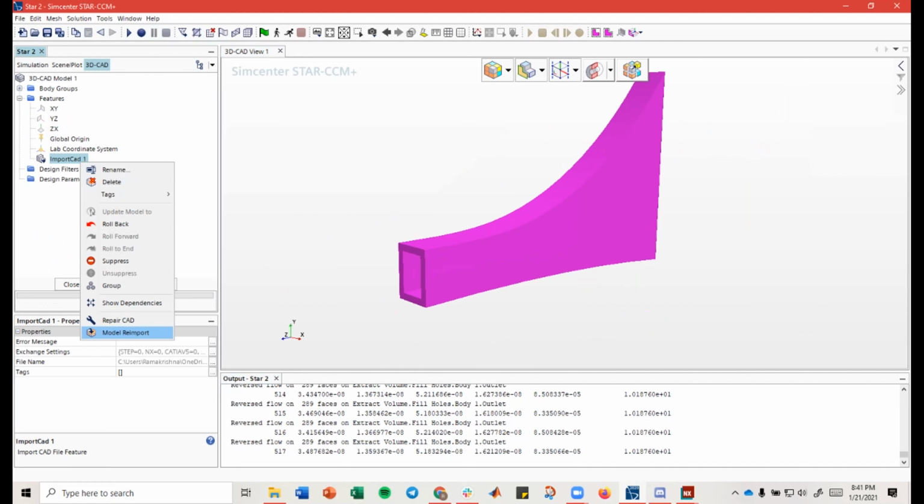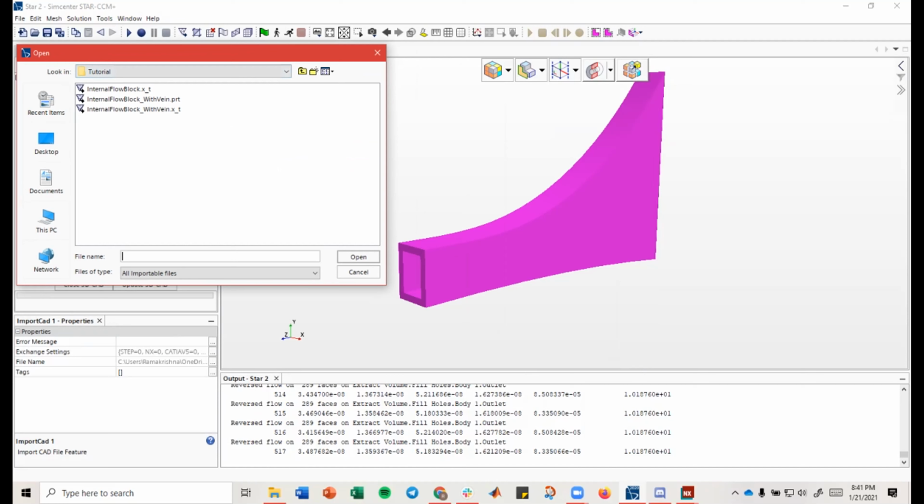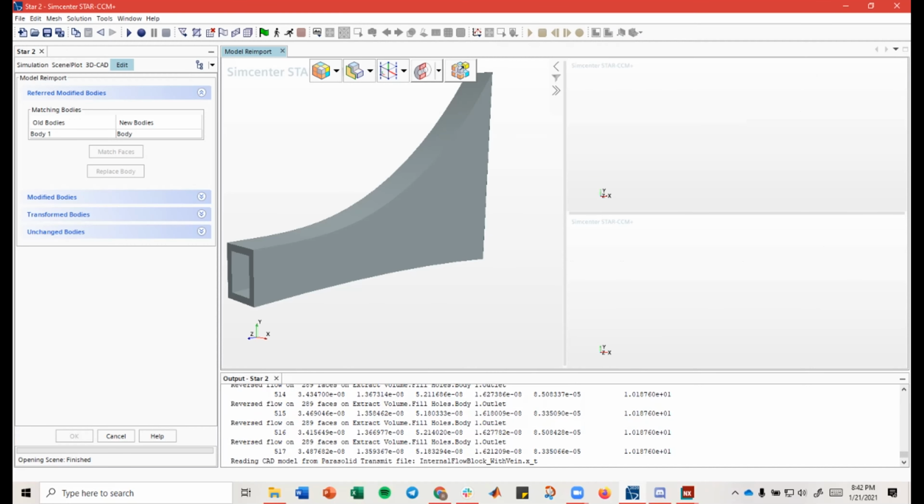So we can click this model re-import right here, and then select our new parasolid file. So I'm going to select this internal flow block with vein, and then STAR will pop up this